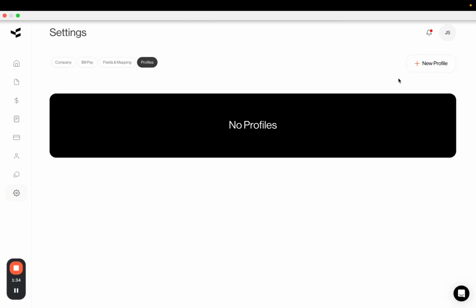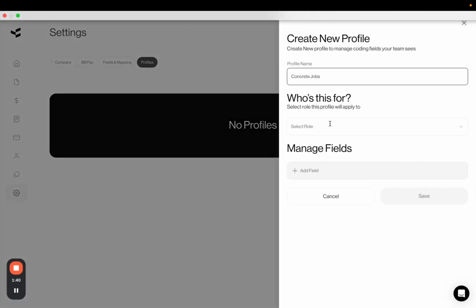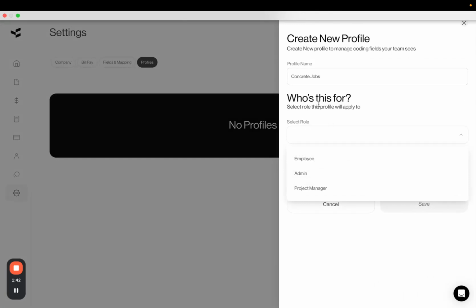I have no profiles yet, but let's create a new one together. And I'm going to select who this profile is for. So each profile can be unique to each employee role. So admins, employees, and project managers can have their own unique profiles that are specific to them and the way that they code. Profiles is only available on the mobile device right now, but we are looking into launching it